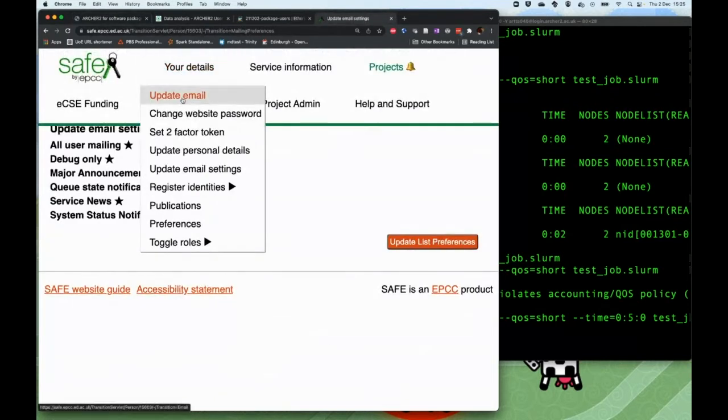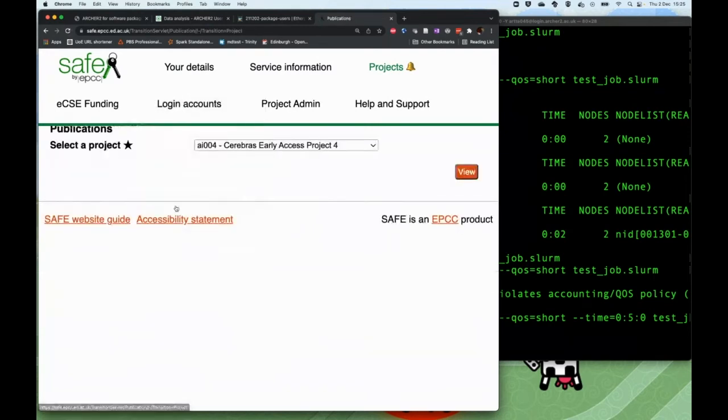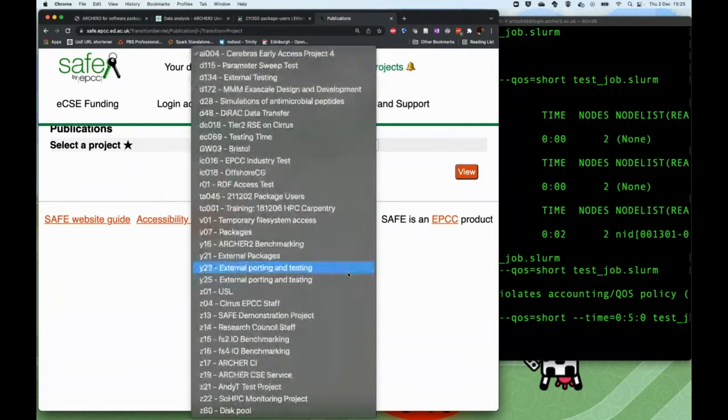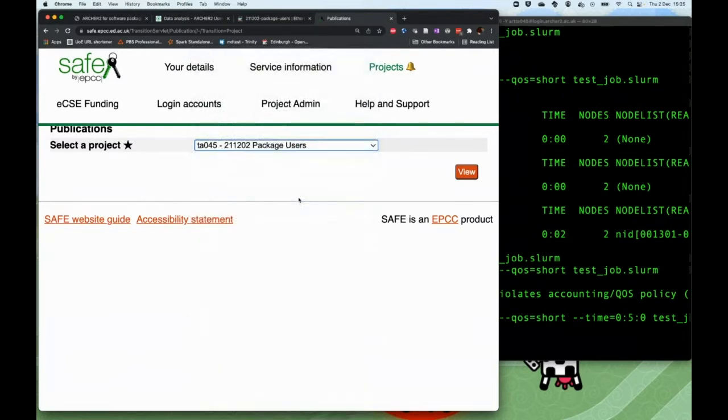And there's various other things. You can change your email, you can update your personal details, and those sort of things. The other thing you can do with your Safe account is this publications section. So when you go to the publications section, you can select any of the projects that you have access to. So if I had, for example, this one, TA 045, 2020 package users,